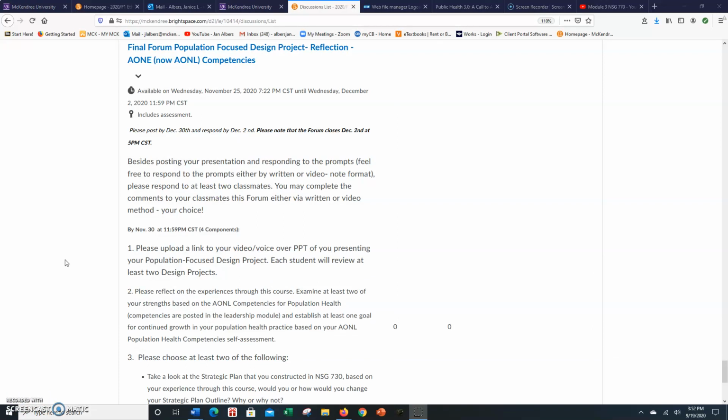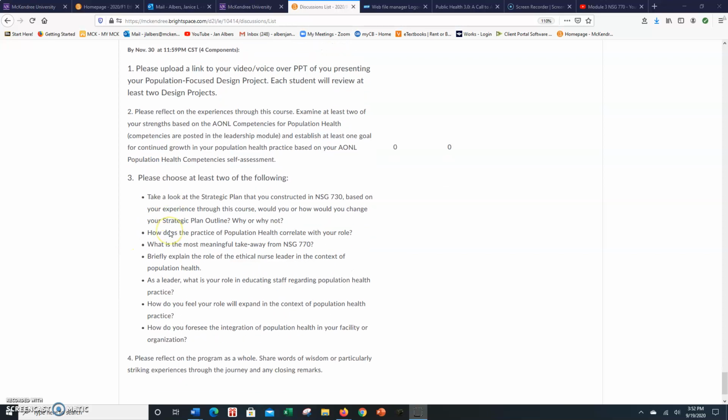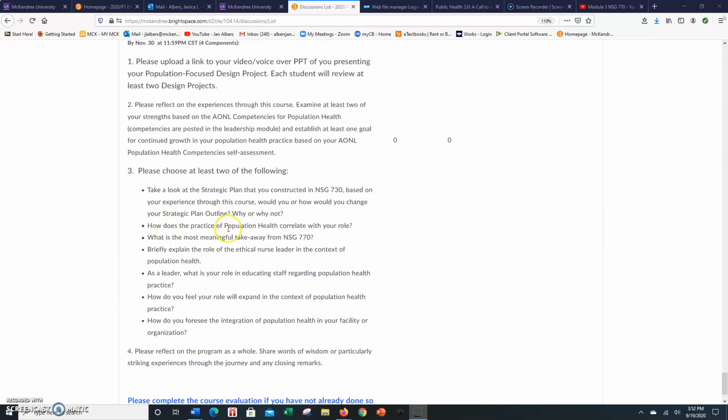In our very final forum, we're going to reflect on those population health competencies, and you're going to share your PowerPoint, your voiceover presentation on your population-focused design project. And I'm asking that each of you review at least 2 other design projects as well. And then also choose at least 2 of the following and really, if you would, reflect on how everything connects together